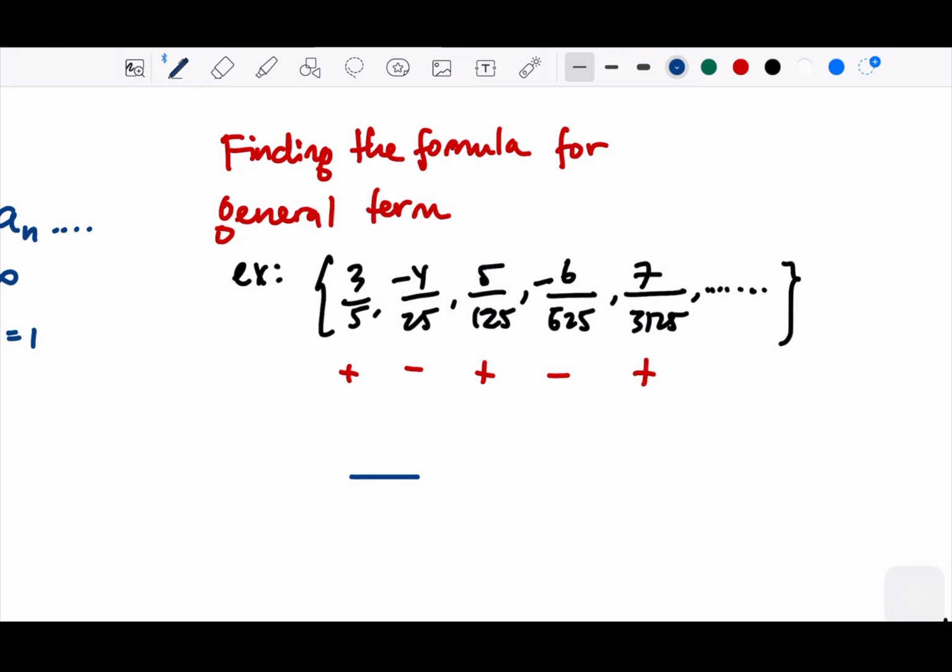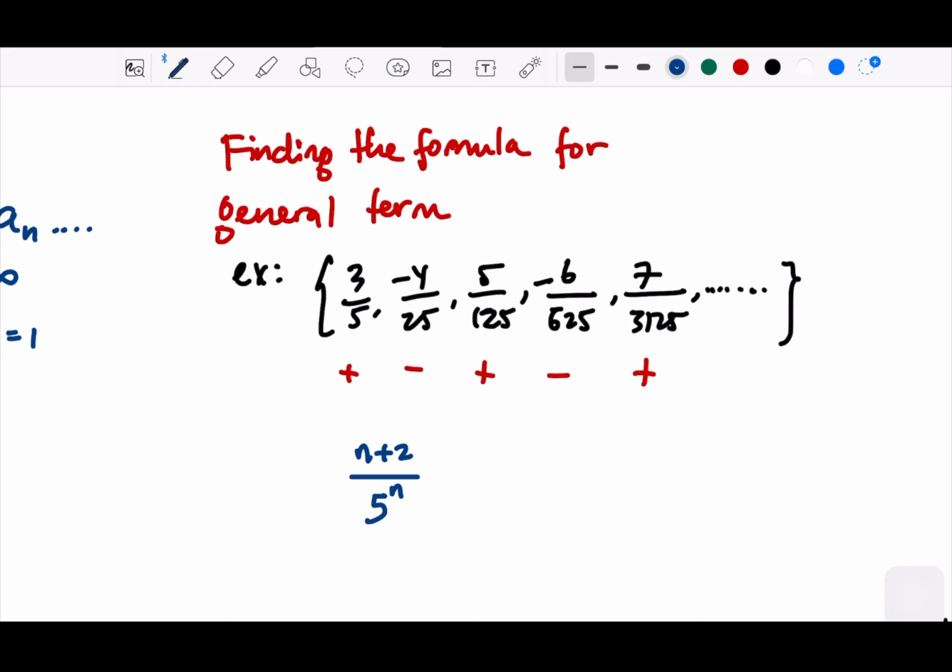If we take out the negative signs, then we could immediately see that perhaps the ratio is 5, right? Because it's multiplication by 5, we could take 5 with some power n. And the numerator, because it starts with 3 and then 4, 5, 6, 7 and increasing, it's just like n, and we could just add 2 to the n. So n plus 2. So we could check with n equal 1, 2, 3, 4, and I think it matches